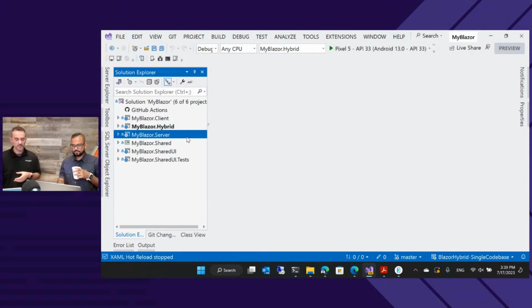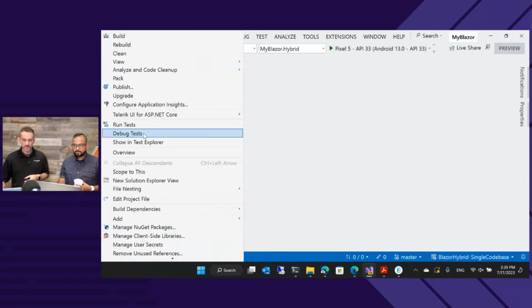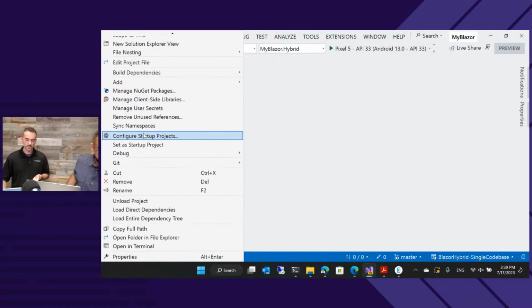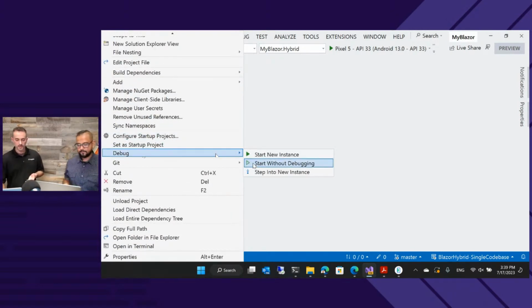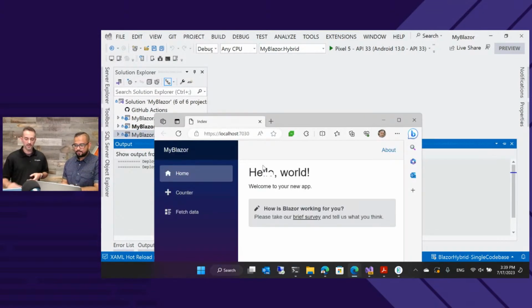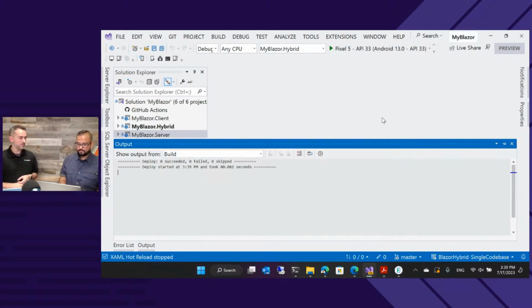There's a couple ways you can configure this, but one of the easiest things to do is go into your project that has the server, right-click on server, and scroll down to debug. You can start with or without debugging. Typically, I do without debugging because I'm working on the front end, not the back. It will load the page up. Don't kill it because it might close the server instance. But once that's running in the background, you can come up here and hit start.